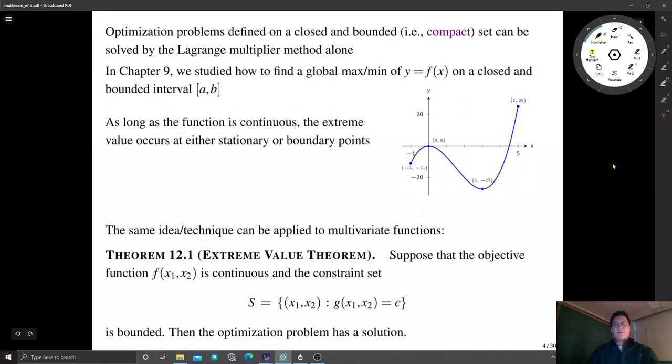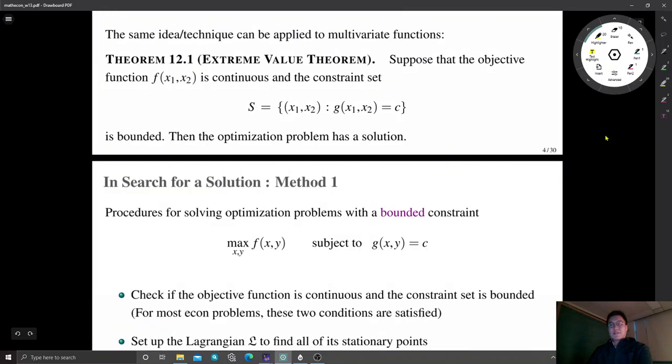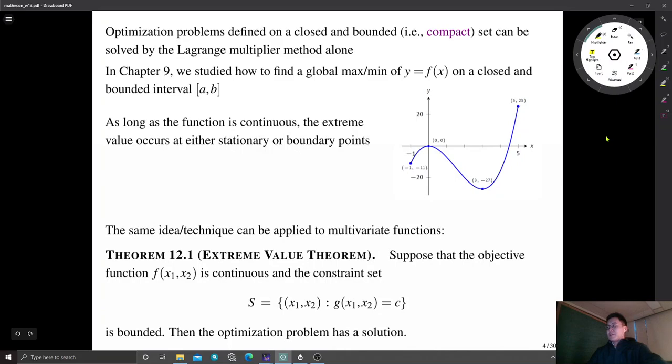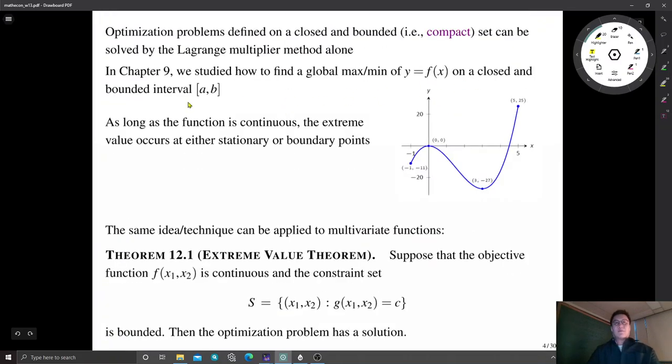All right, so now using this notion, we are going to study the first method. With that, we can find a solution to constraint optimization. But we have seen a simple version of this method in chapter 9. So the basic idea of this method comes from the closed interval method, which is studied in chapter 9. So to remind you of this method, we studied how to find the global max or min of a single